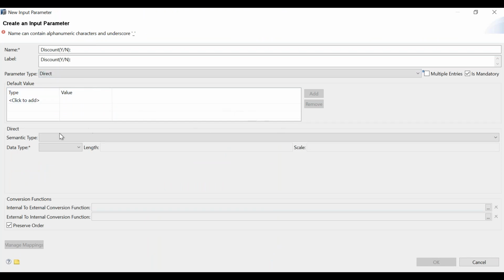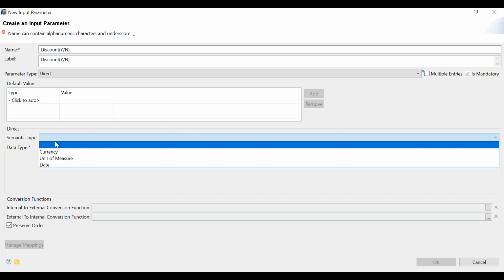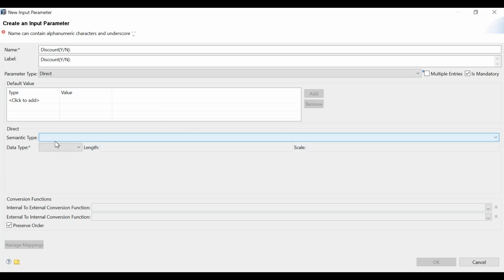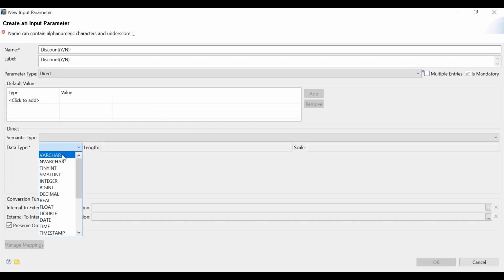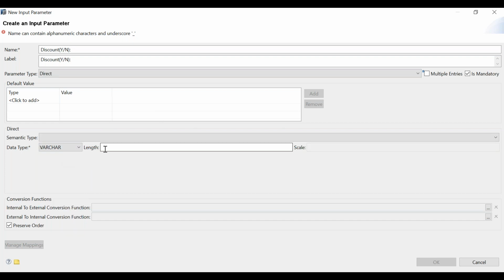What is going to be my data type here? You can just simply write varchar length 1, because the answer can be y or n, so it's one character. This is also done.